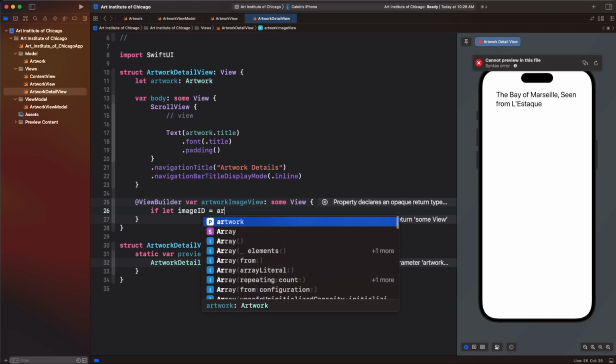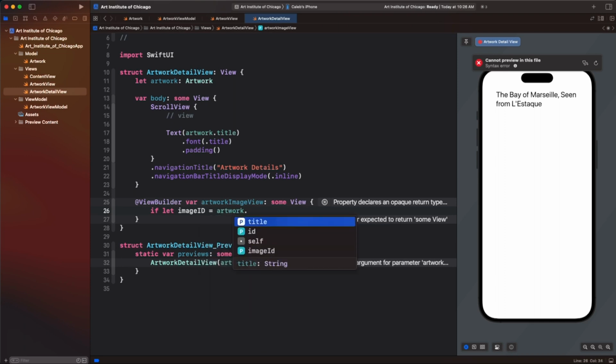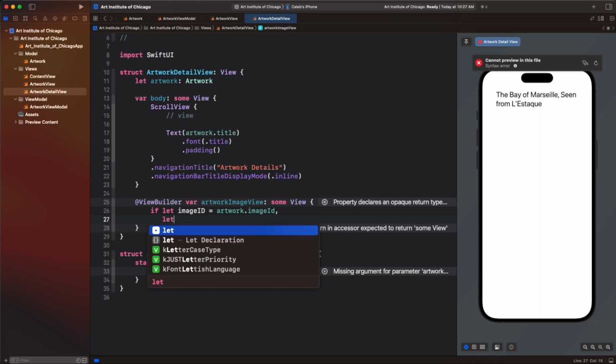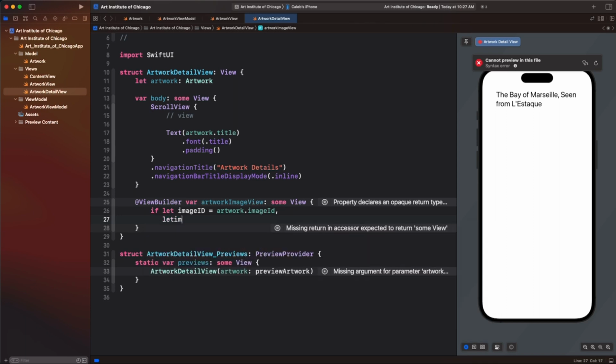assign artwork dot image. And again, this was an optional, as you see, question mark there. So it's an optional, and that's why we're doing that if let. And then you can separate here with a comma, and you can separate creating properties, so we're not just doing nested if conditions or something like that. So we're going to go let imageURL, and then we're going to assign